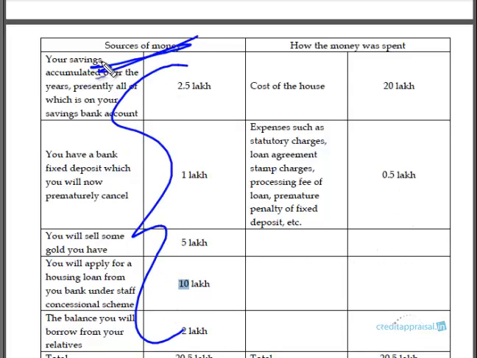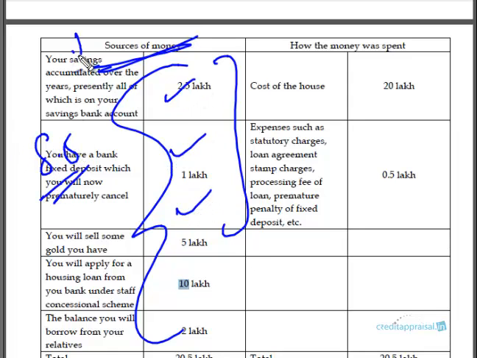See here, these are all the sources, and under sources you are also a party. You are also contributing in some way, right? This 2.5, 1 and 5 belongs to you. So this 8.5, you are also a party. Sources of funds means not just outside sources. Bank and relatives, friends are outside sources, but you are also contributing in a major way. So you are also included in the sources. So sources lists all the people from whom you are going to obtain funds to meet this 20.5 lakh requirement,